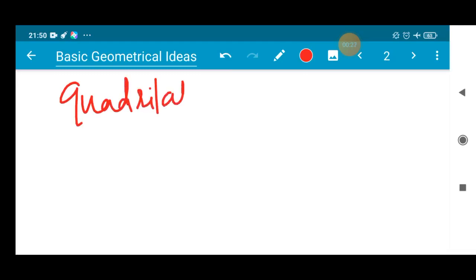You have heard this term, quadrilateral, from class 4 onwards, right? In class 5 also we have dealt with many sums based on quadrilaterals. So before starting the exercise, let us recapitulate. Let us brush up on what a quadrilateral is and what properties it possesses. Okay, so quadrilateral, you know the best figure, square, right?